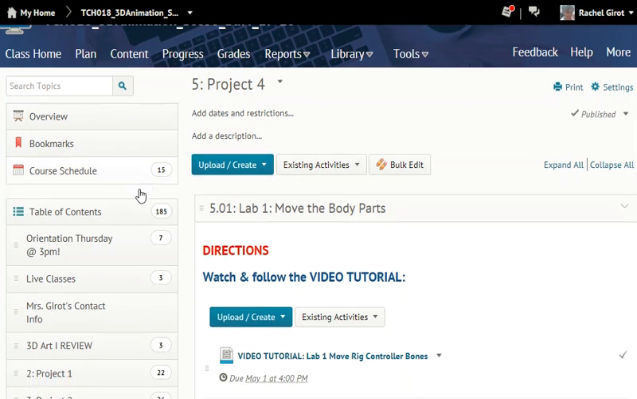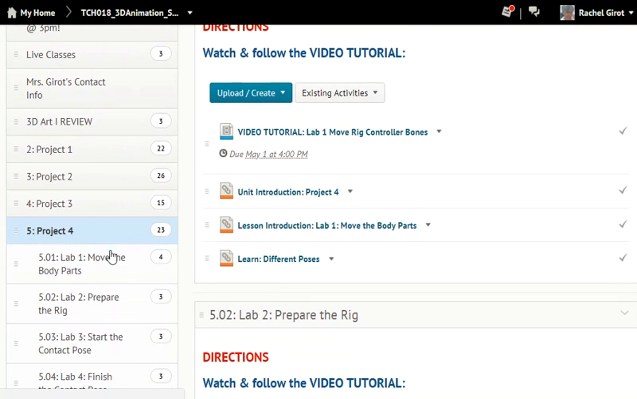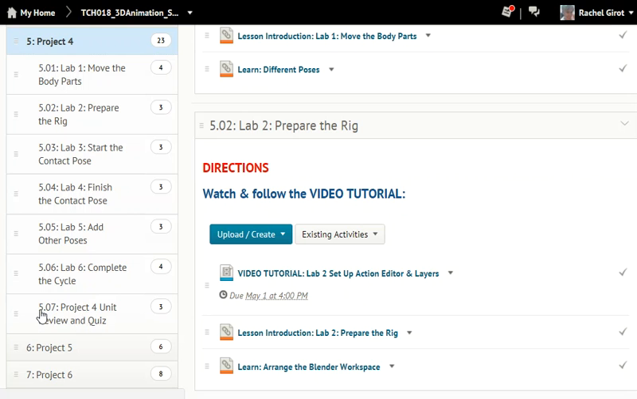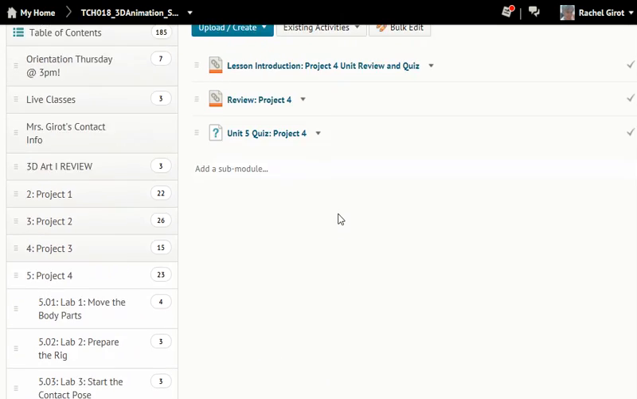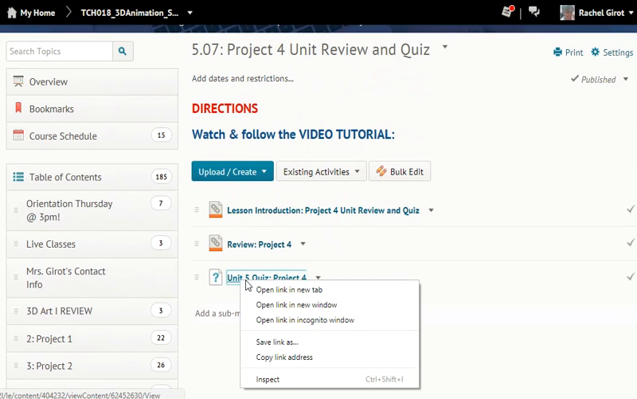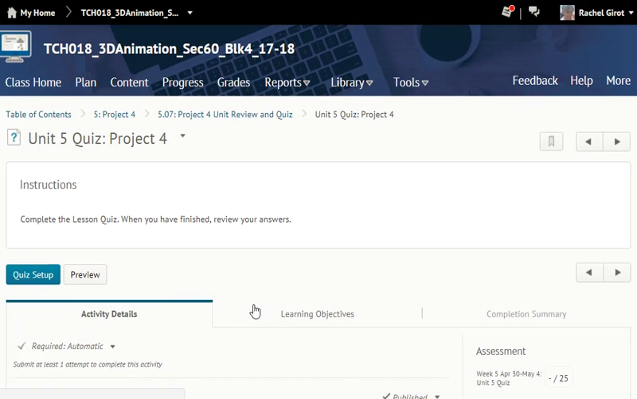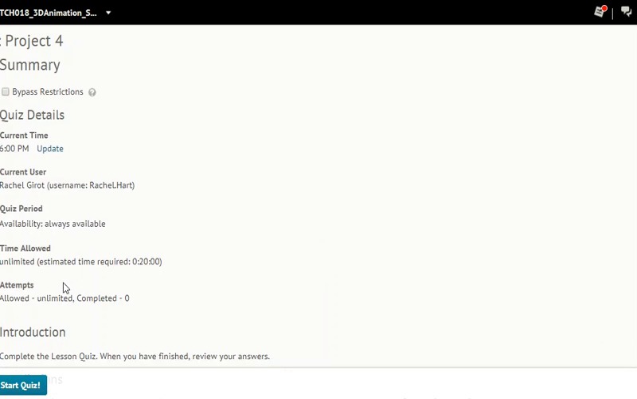Students, there is a Unit 5 quiz. So when you click on Unit 5 and you scroll all the way to the bottom, you see 5.07 Project 4 Unit Review and Quiz. Click on that, right click, open the link in a new window, start your quiz,